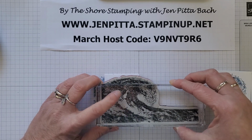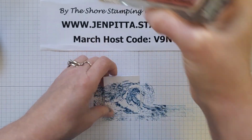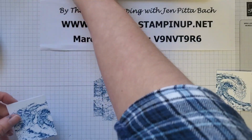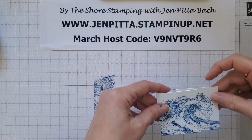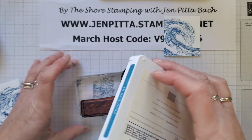And that way, when I stamp this, now, whoops, I didn't add some oomph to that when I was stamping. Now, when I put them together, it's gonna look like a finished wave, right? And then the last part is really just to stamp this edge